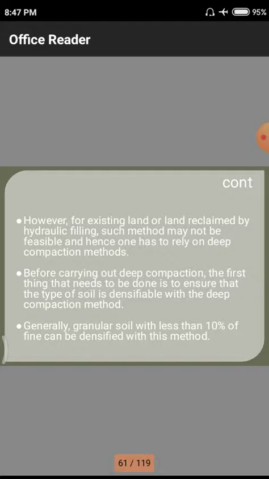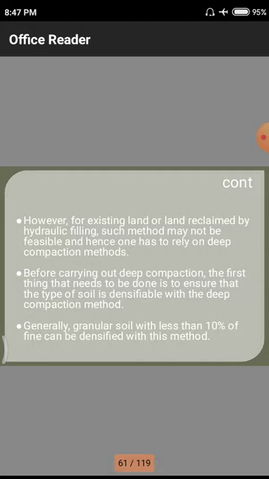Up to some 5% or 10%, below 10%, we can use this entrainment of water by hydraulic filling. Due to the filling of water, the voids are first filled with water. Binding properties are then formed between the soil particles, and the soil particles get together, so there is a chance of avoiding voids through this hydraulic filling.